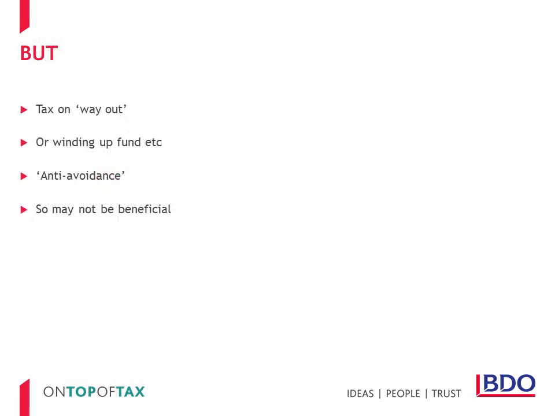The downside of electing into the exemption regime is that capital gains which have been exempted within a fund are taxable to the extent they are distributed out of a fund or on, for example, the winding up of a fund. There are also anti-avoidance rules to stop the extraction of gains out of a fund in a non-taxable form. Therefore, the regime will usually only be beneficial where the intention is to roll up capital gains within a fund regime and only distribute income on an annual basis. This means it's important to assess on a case-by-case basis whether electing into the regime will be beneficial or not.